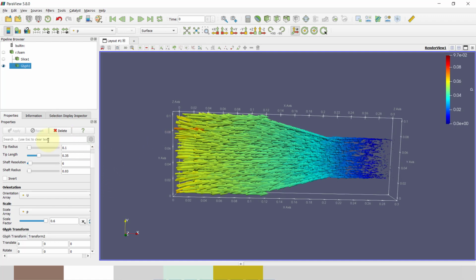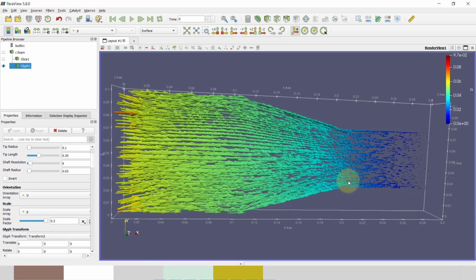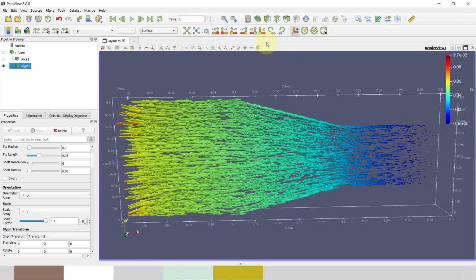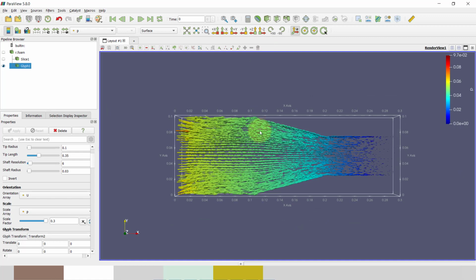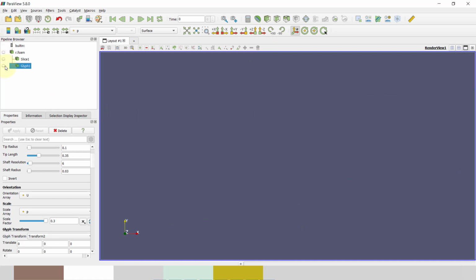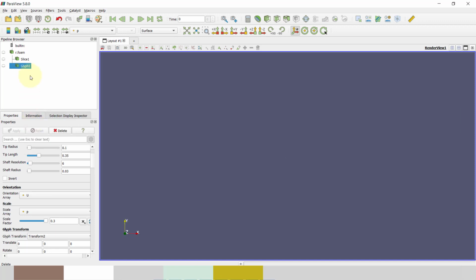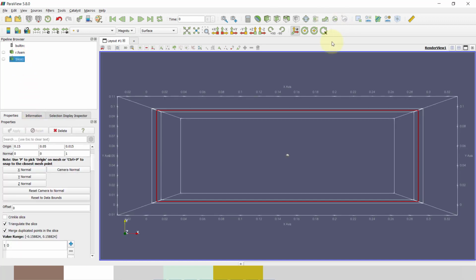You can see that my glimpses, means vector plot, is available. It is very high, so I will just write 0.3. So you can see that my glimpse is available. Now we have to just see our glimpse at our slice 1.